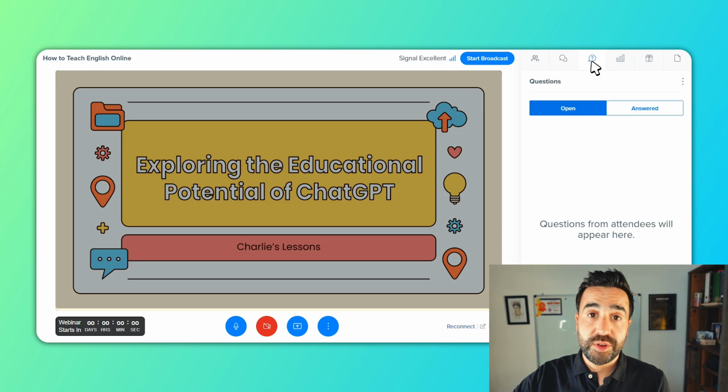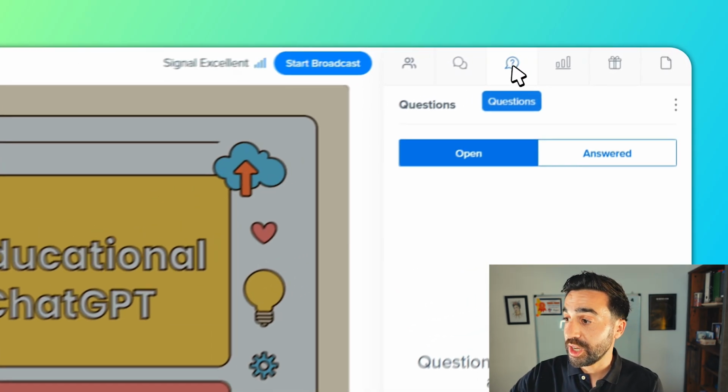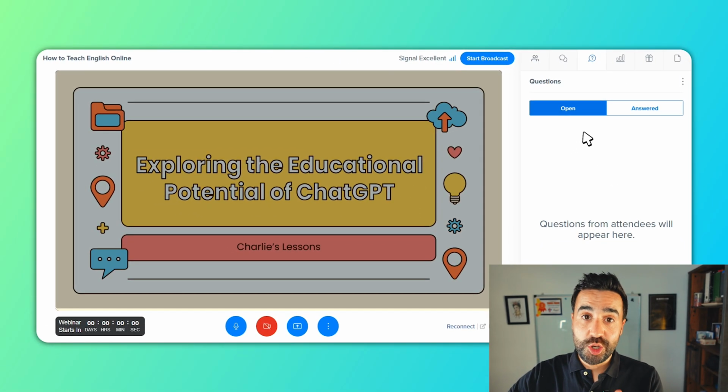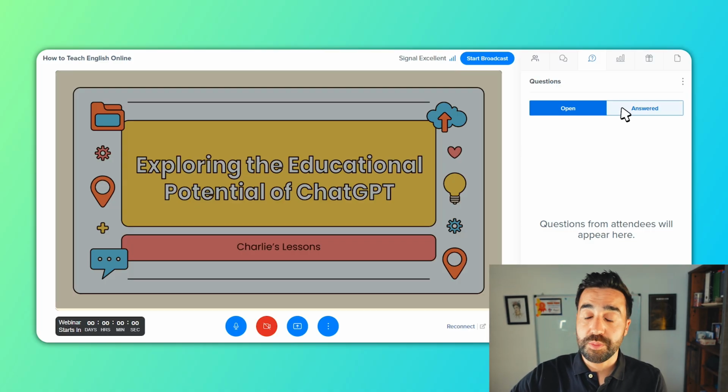Then we're going to move on to this feature, which I really like for webinars, which means that when people want to ask questions, they're going to click on this and pop their questions into this area. And as the leader of the webinar, you are going to have the option of choosing between open and answered questions. So it means you can keep track of all the questions that people are asking